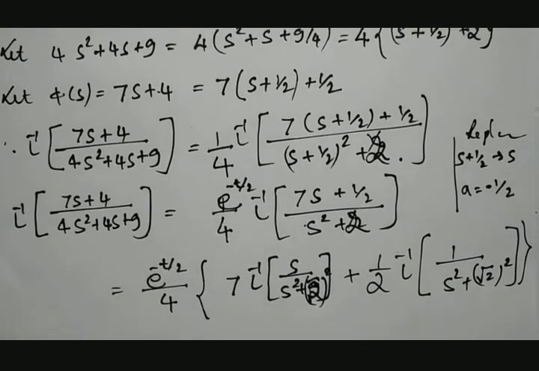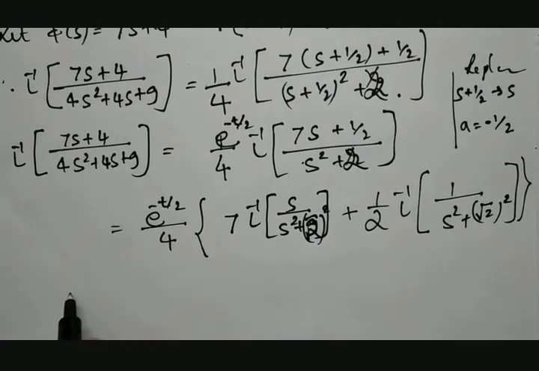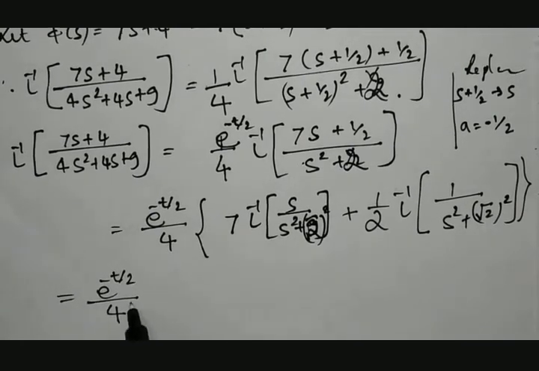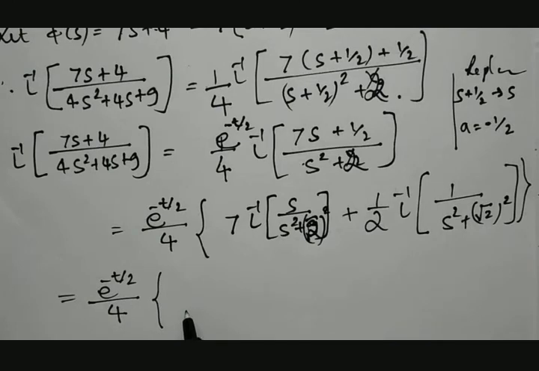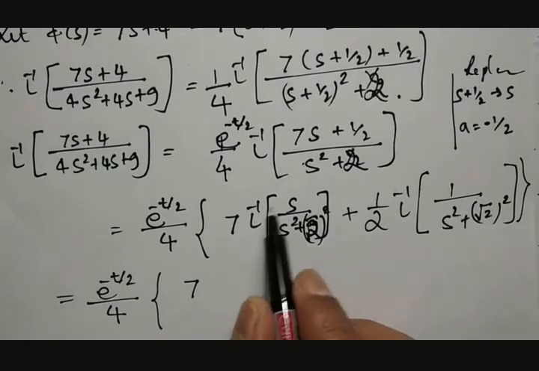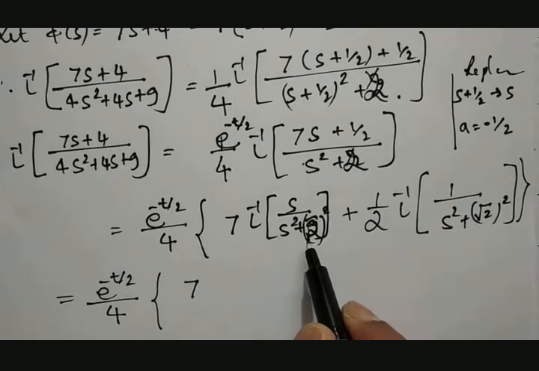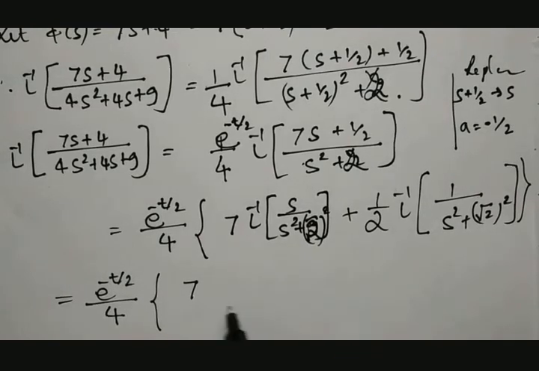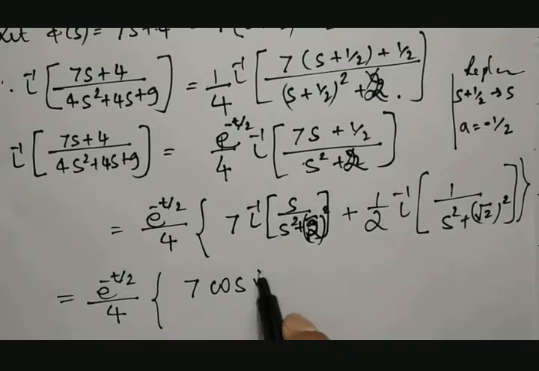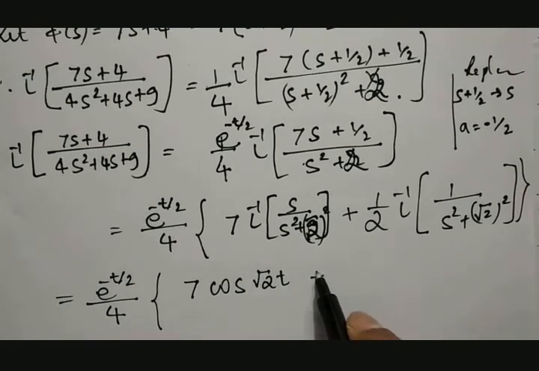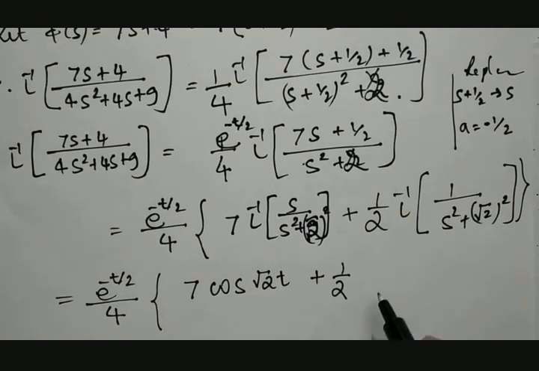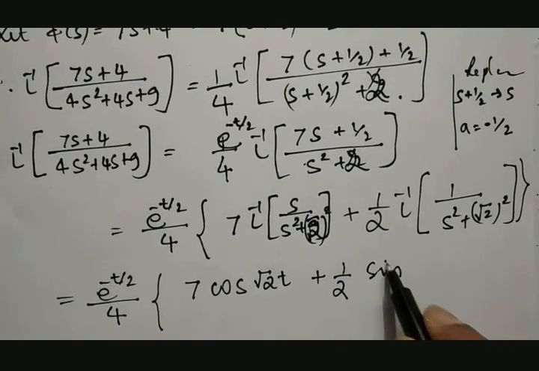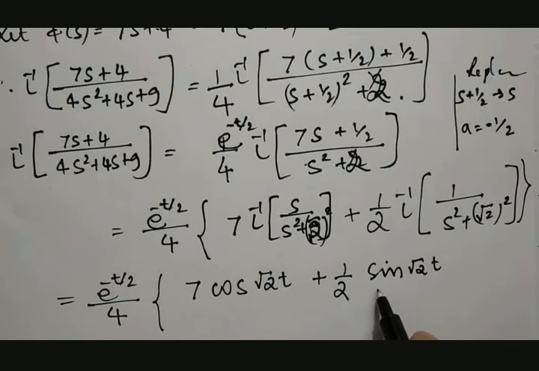Therefore, which is equal to e^(−t/2) divided by 4 into 7. What is Laplace inverse of s divided by s² + (√2)²? That is nothing but cos √2 t. So it is 7 cos √2 t plus 1/2 into sin √2 t divided by